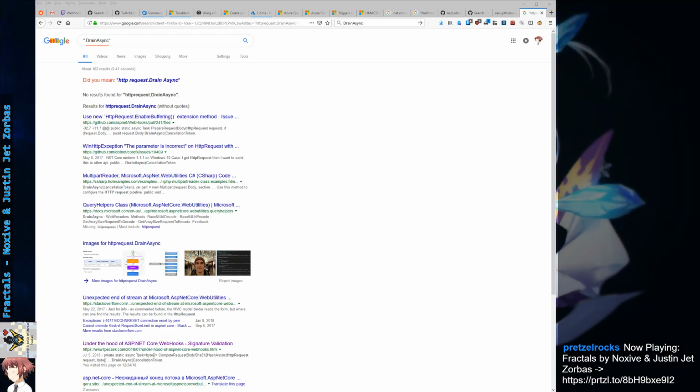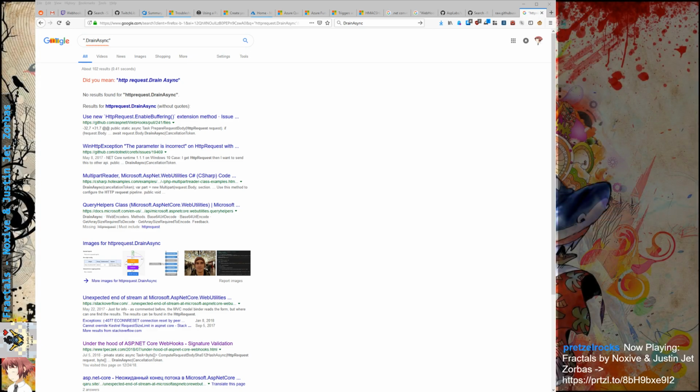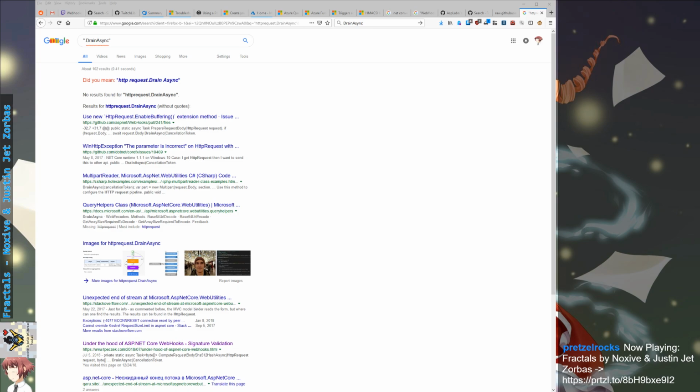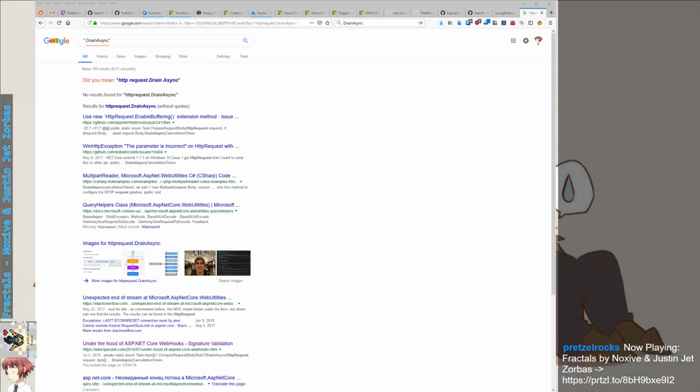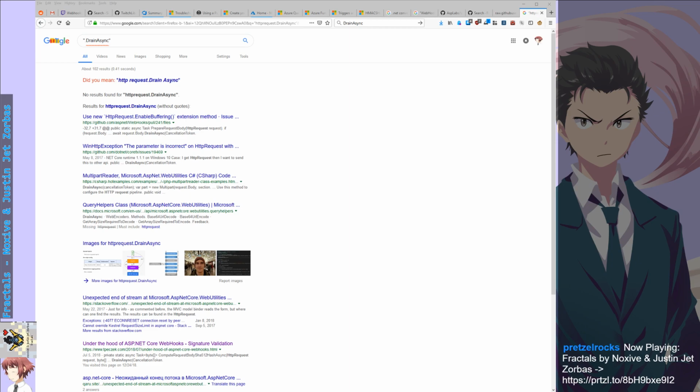Lifetime service, initialize lifetime service, seek. Right. Try this back here then. If body can seek, request dot enable buffering looks right, but